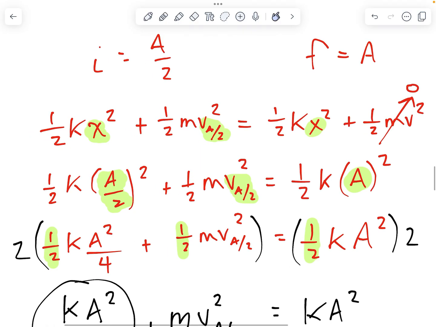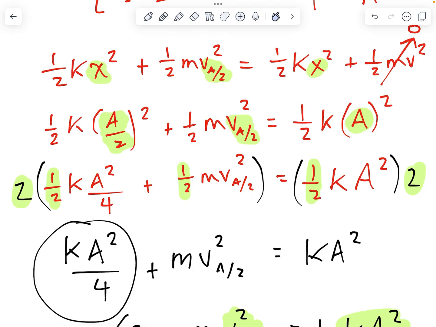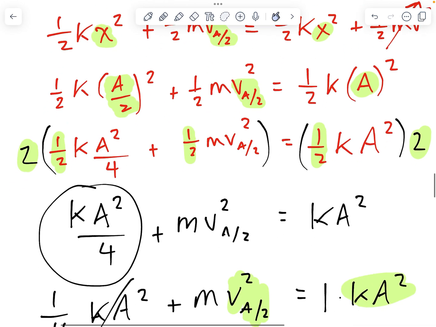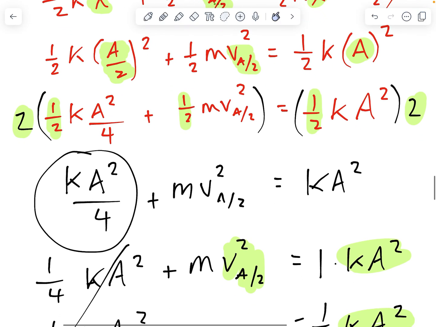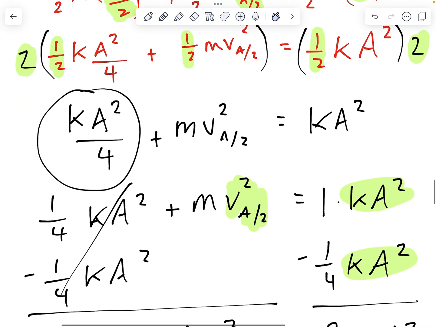All right, now I have multiplied each side of the equation by 2, because I noticed that there's a 1/2 coefficient in front of all 3 of my terms, and 2 times 1/2 is 1, so we just eliminated the 1/2s. And it simplifies to ka squared over 4 plus mv squared equals ka squared. If you rewrite it as 1/4 ka squared, that's the same thing as ka squared divided by 4, right? Then we can put the coefficient 1 in front of ka squared, because multiplying by 1 doesn't really change anything,